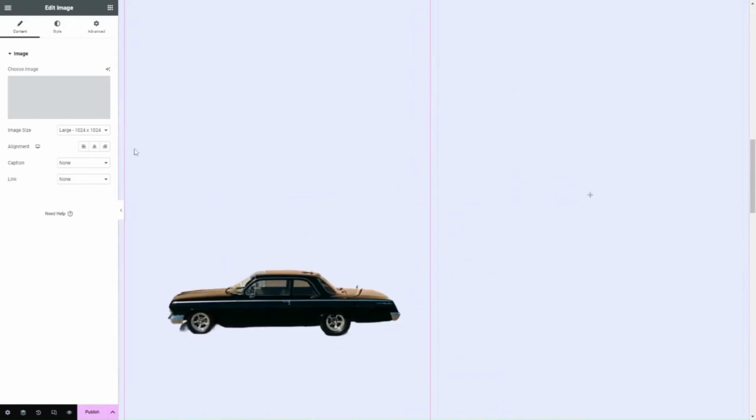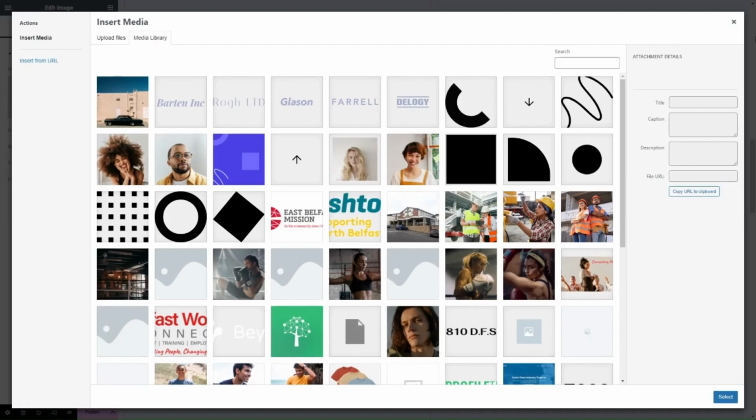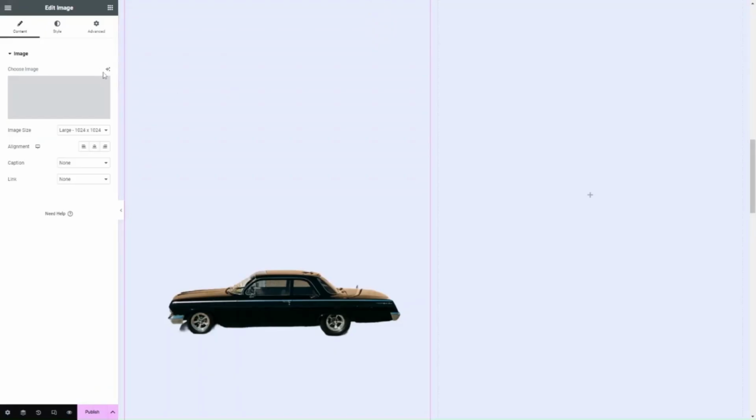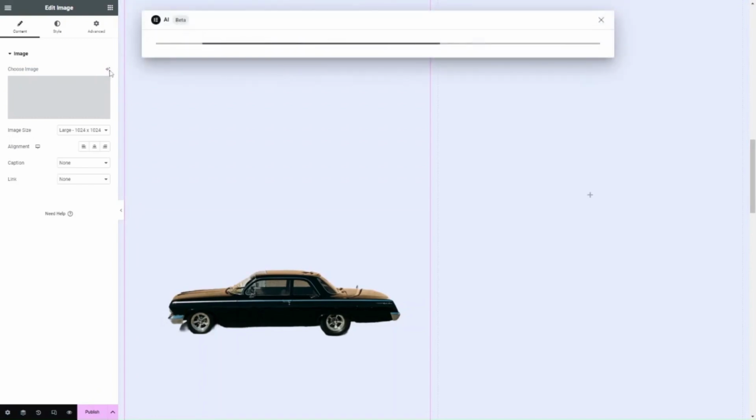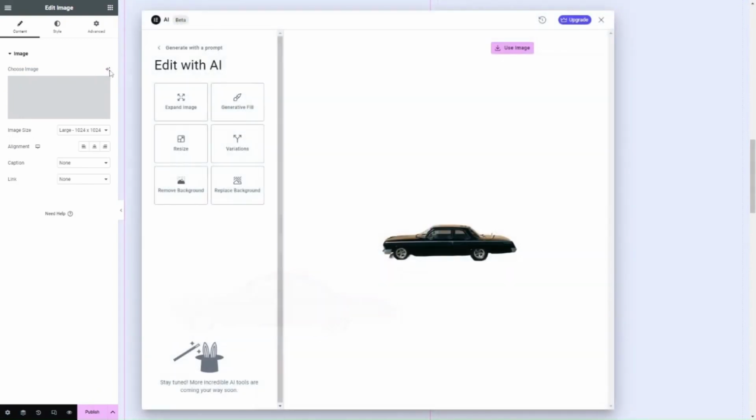And we've got the image simply added over here. When it comes to their image editing tools, Elementor's built-in image editing tools are a suite of powerful features that allow you to edit your images directly within the Elementor editor. This means that you can create and edit your images without having to switch to a separate image editing program. The tools include, we've seen the remove background, we can also replace background, expand the image, resize